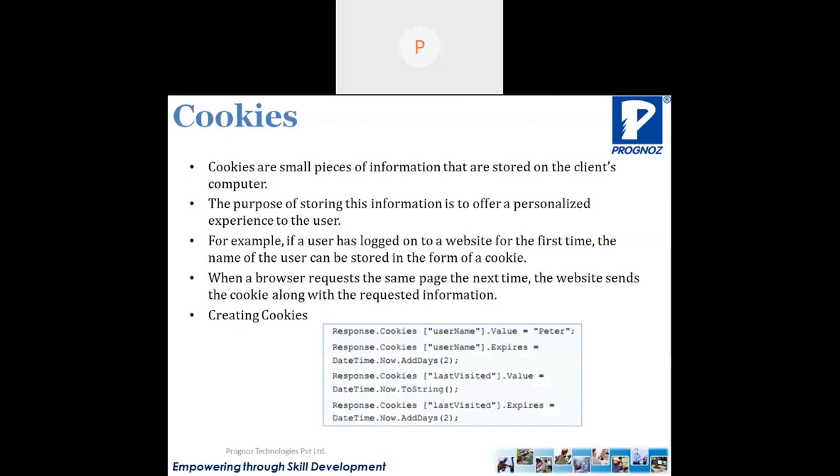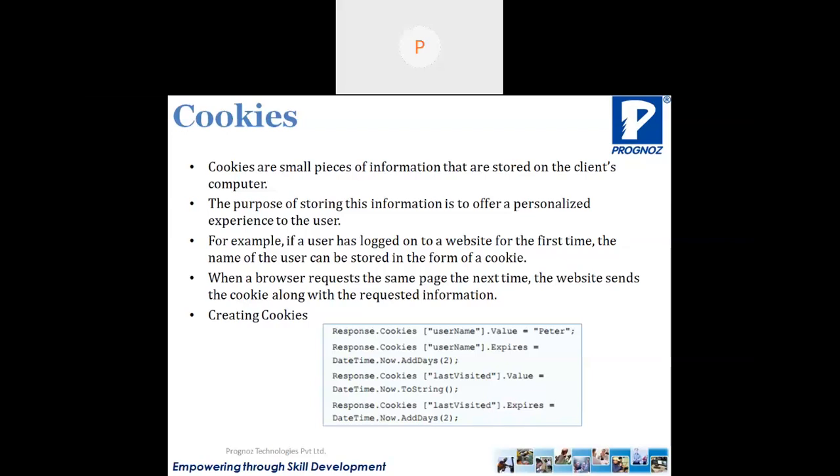If it is a non-persistent cookie, then once we exit the browser, it will immediately remove that cookie. The purpose of storing this information is to offer a personalized experience to the user. The frequently used data can be retrieved directly from the client computer, so every time you don't have to communicate with the server.